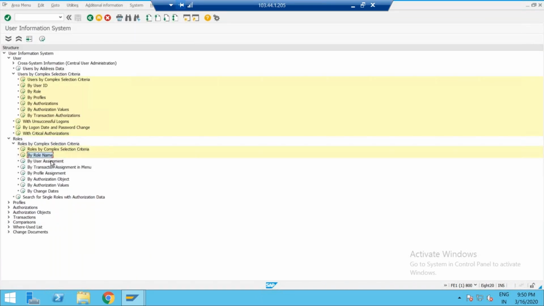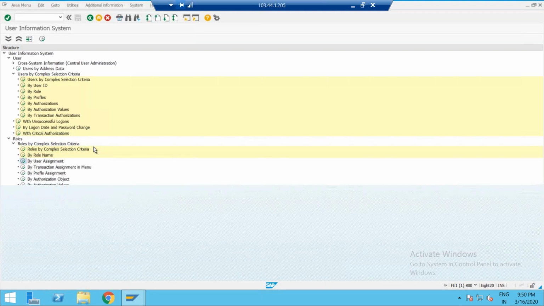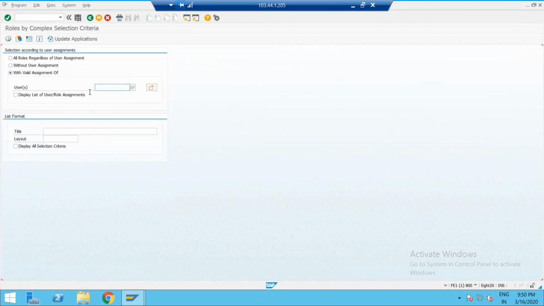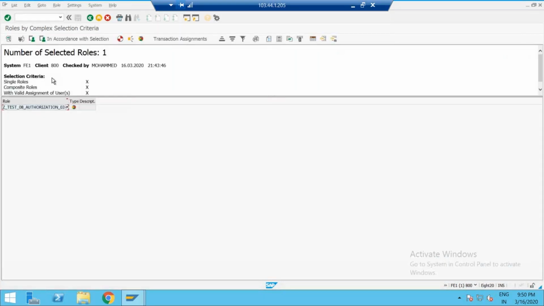By user statement. Give any user name. For that user, how many roles are assigned? Only one role is assigned.